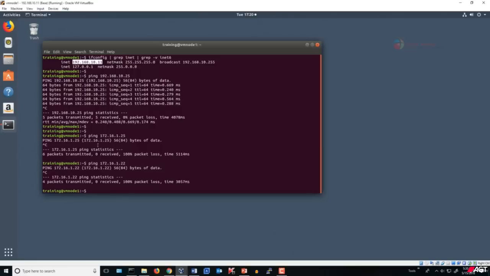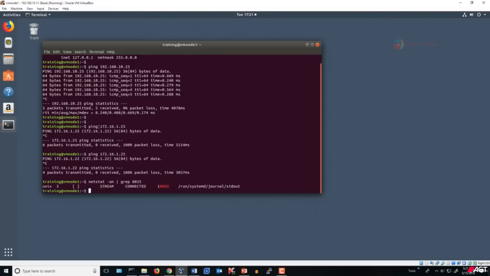Now let us try to establish an SSH session to the jump box, and at the same time we'll also perform local forwarding, meaning we will map port 8025, which is local, to port 80 on 192.168.10.25. So once this command is executed, we should be able to access the Nginx page using the loopback address on this particular bridge machine, which is